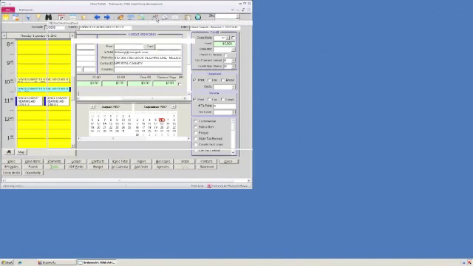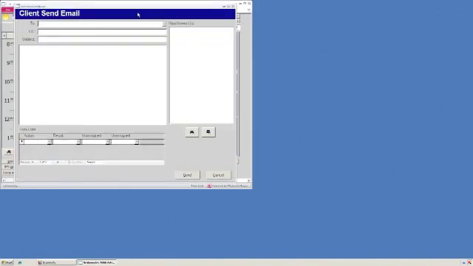So if I click on the email box, it's going to bring up client send email, and the to line will have any email address that's associated with this, including contacts that you will put in, and I'll wrap up with that. But right now, if you're viewing it, you'll see I added my email address. So you can actually send emails right from BRAINWORKS